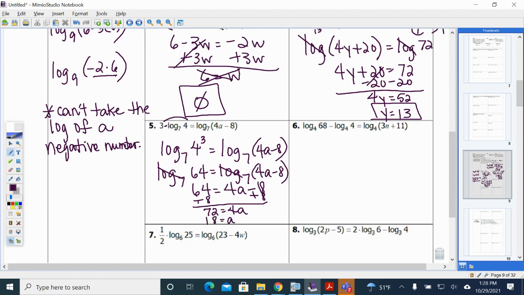Again, you have to go back and plug that in. So for time's sake, I'm going to stop showing that step. I will make reference to it. But for the time's sake on this video, I'm going to let you know that 18 does work. So you would need to take that, plug that 18 back into the left side and the right side, and make sure that those 2 things match. Let's jump to